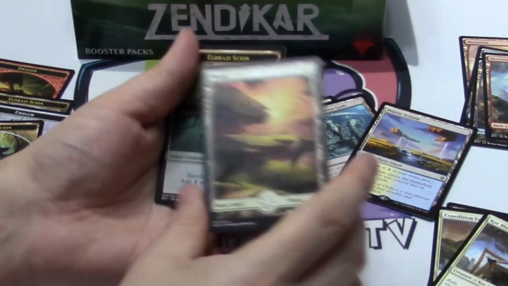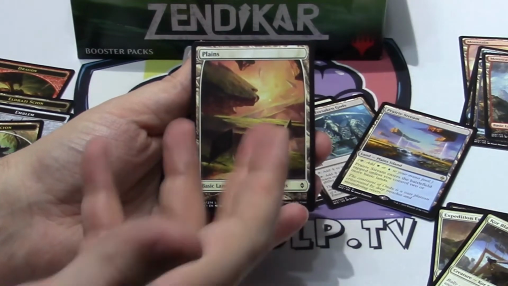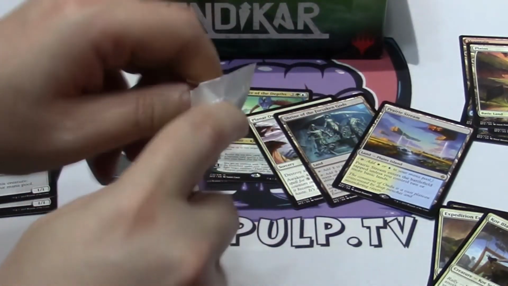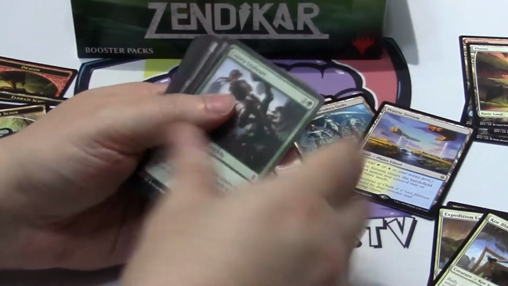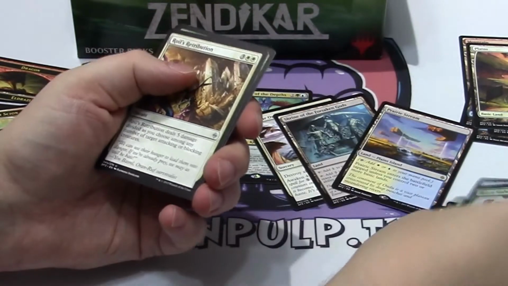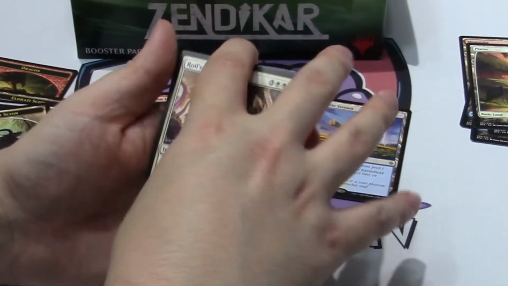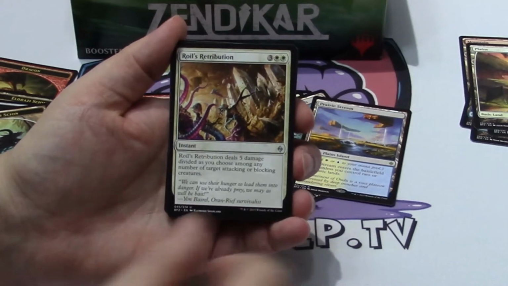Man, okay, I don't think that the land should be driving up the prices of fat packs the way they are, but it's beautiful, beautiful artwork on these lands. I actually have a hard time remembering a set in recent past where I have found almost any of the artwork to be subpar. I mean, they do a pretty amazing job on making the artwork on these cards now, just incredible. We got Royal's Retribution,